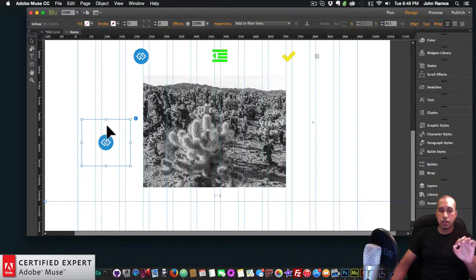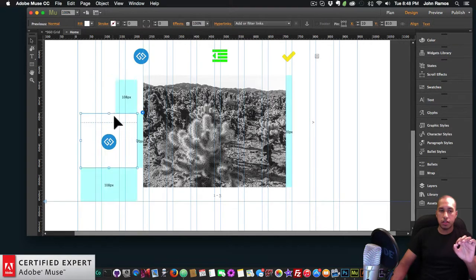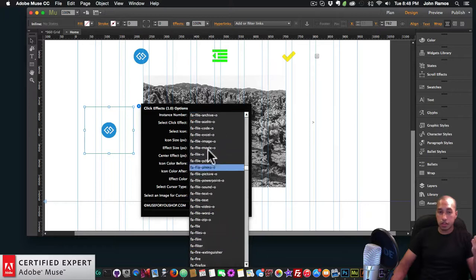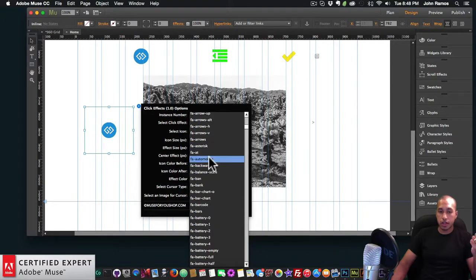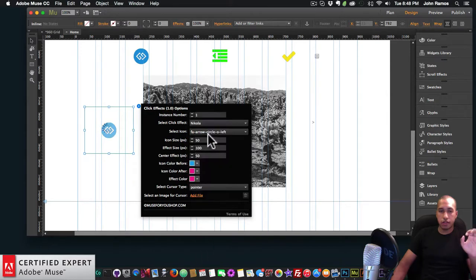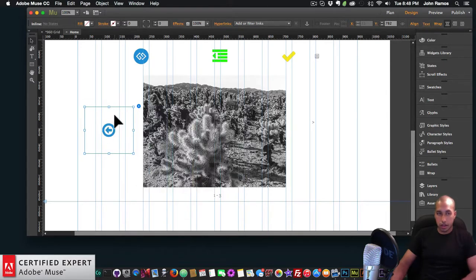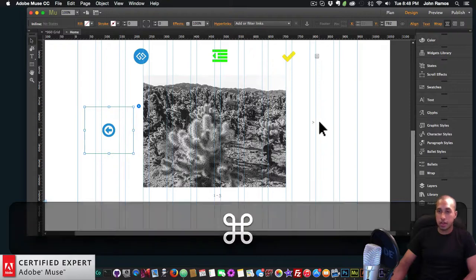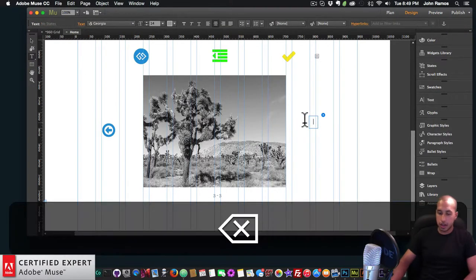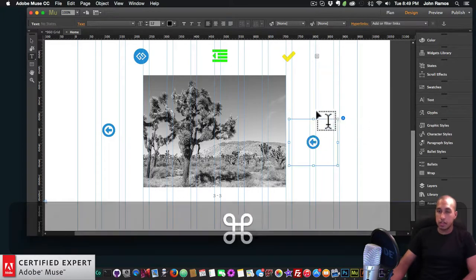So there it is. We have a text box with the click effect. We want to make sure that it fits nicely in there. All right, and now I want to change the click effect to an arrow pointing left. So I'm going to search for arrow, and I'm going to say arrow circle left. Perfect. All right, now I'm going to copy this click effect, and I'm going to go to the right, the next cursor. I'm going to copy in there, delete that arrow, then hit Command-V to paste,